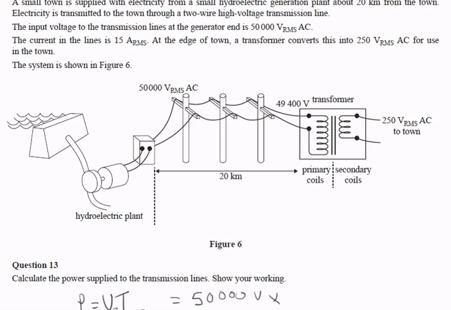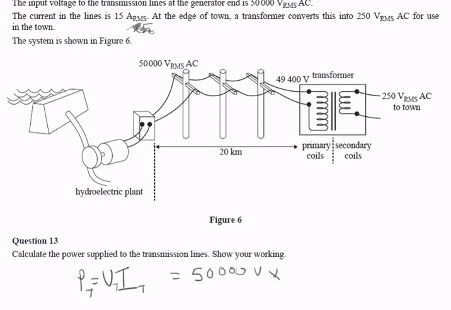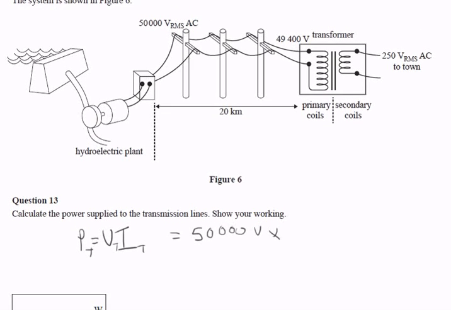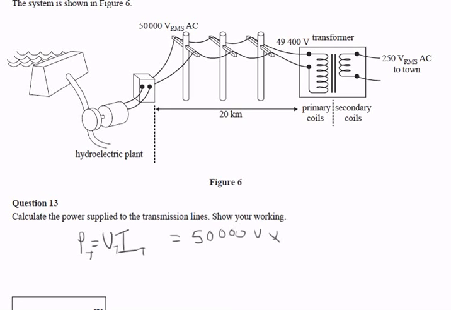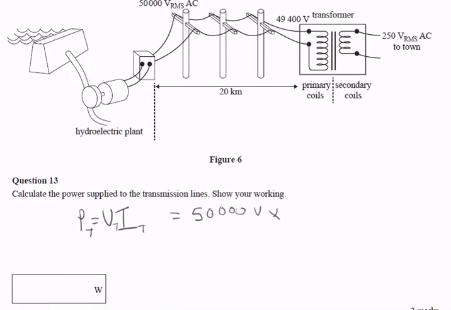Now, a common mistake in this is people see the RMS and they start timesing by √2. We want to use this RMS for doing these calculations. It's like the average voltage, the average current, we want to use it for this. So no times or divide by √2 here. Just straight use these. Okay, so 50,000 and the current, what's that again? 15